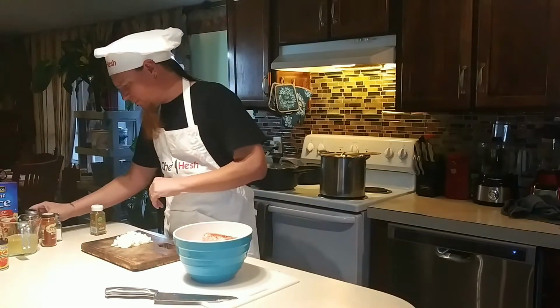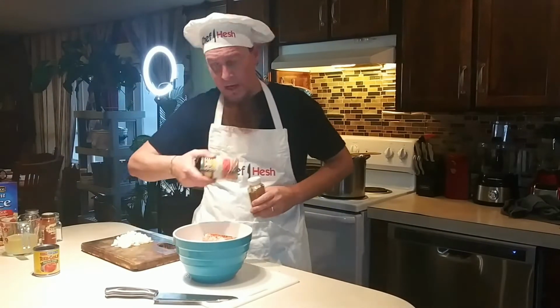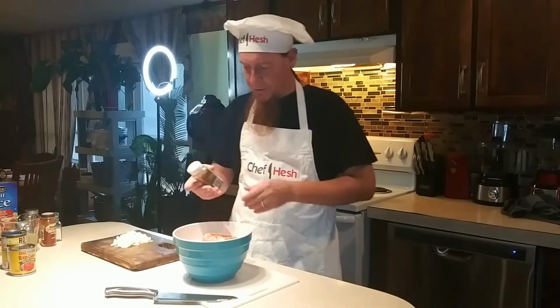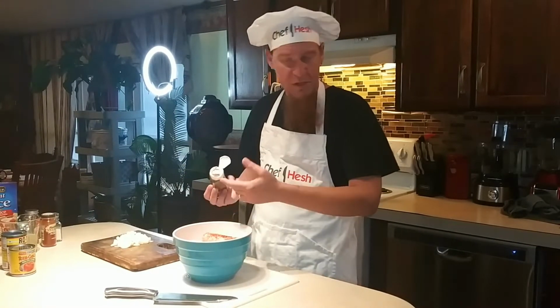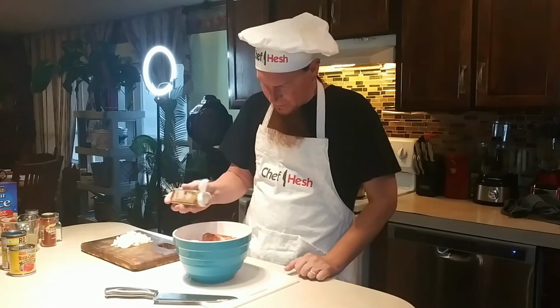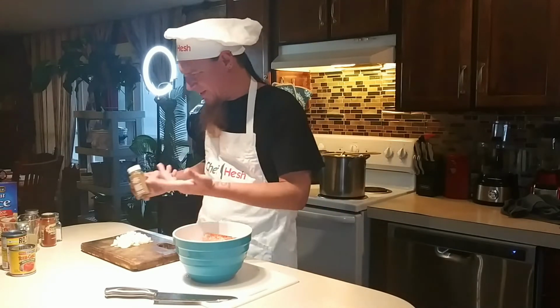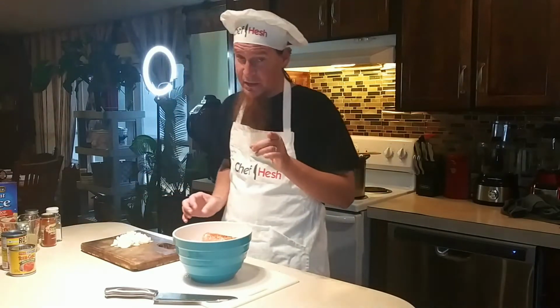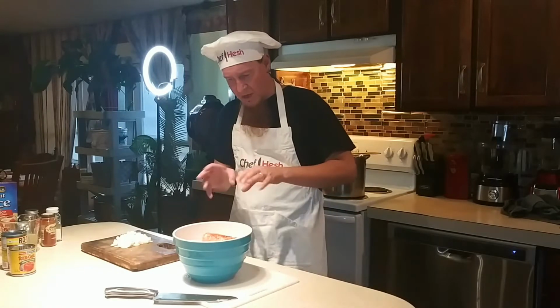It's absolutely beautiful. Now, because I'm doing a tomato and a chili base, I'm going to want to use a little bit of cumin. Cumin is common in like taco seasonings, pork seasonings, all kinds of things. Oh, it smells so good. Now, I don't want this to taste like tacos because it's a soup. I mean, now taco soup is delicious, and we will have a recipe coming up for that. But I just wanted to